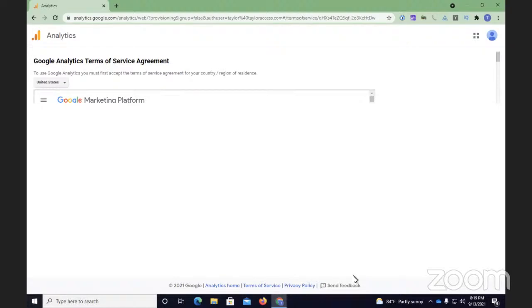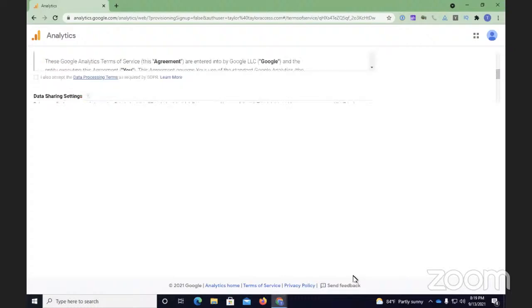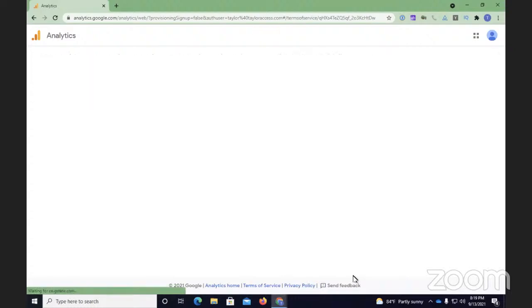The next thing I have to do is accept the Google Analytics terms and conditions. So this basically is just the terms and conditions for Google Analytics. I believe that this is a checkbox. Checkbox not checked. I'm going to go check it. Checked. I accept button. I accept. Okay. I went ahead and accepted the terms and conditions.